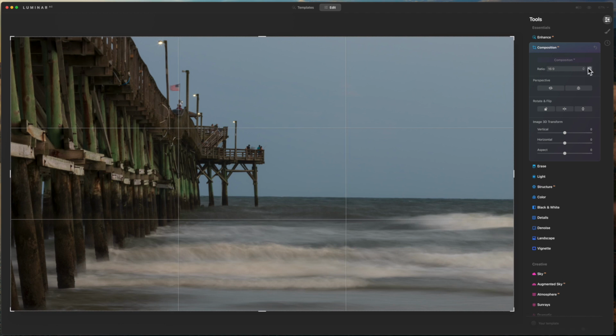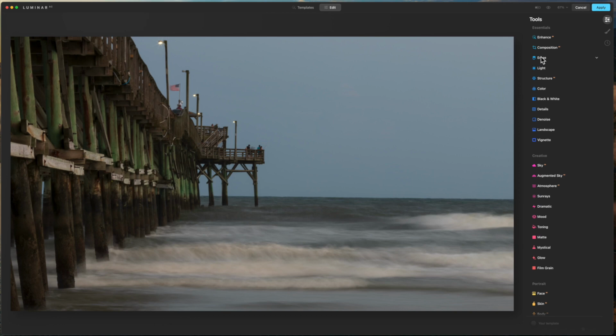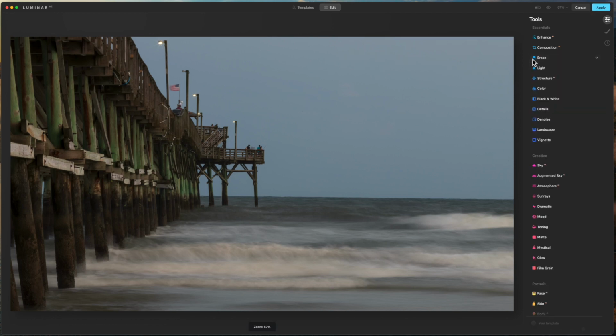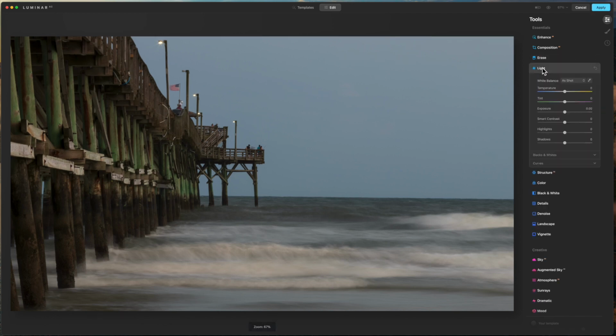And I thought they had an automatic fixer for the horizon there if it was crooked, but this one must not be crooked. So I didn't need anything on there, and it has an erase feature here if you need to erase anything. There's nothing in this picture that needs that. So, and then here's your light tab where you get your temperature, your exposure, and your